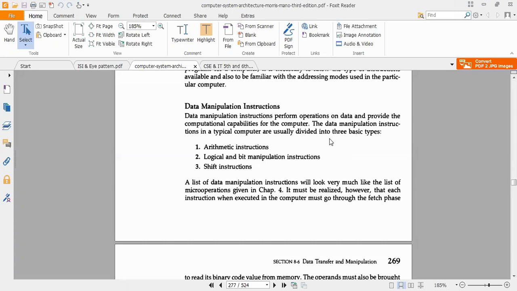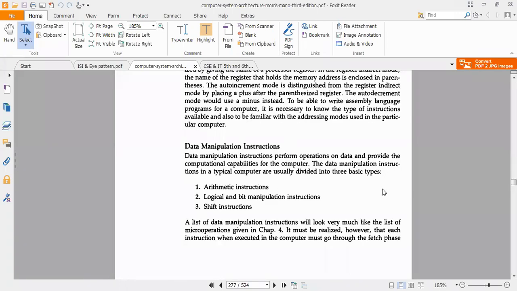These are the kind of logical and bit manipulation instructions. Bit manipulation, what does it mean? Suppose you have a data, say 1 0 0. You want to change any one bit, keeping the others fixed.